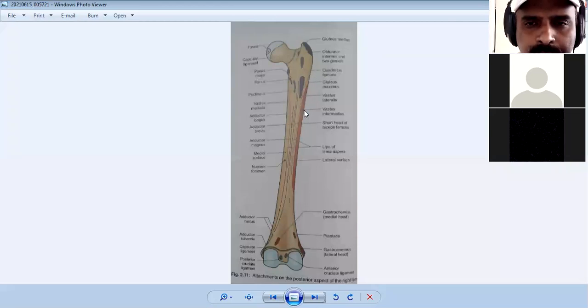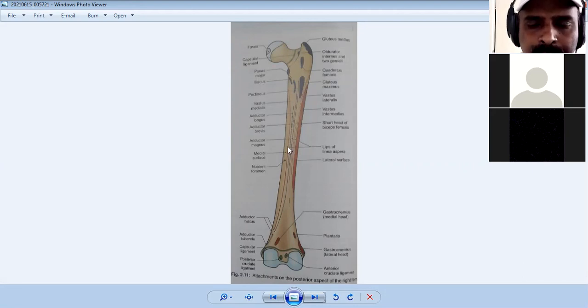Laterally it goes as the lateral lip toward the gluteal tuberosity. Then inferiorly it diverges, making the medial supracondylar line medially and the lateral supracondylar line laterally. So you have to remember the lateral and medial supracondylar lines inferiorly are the diverged part of the linea aspera, and towards the upper end the diverged parts make the spiral line and the lateral lip of the gluteal tuberosity. That you have to remember.